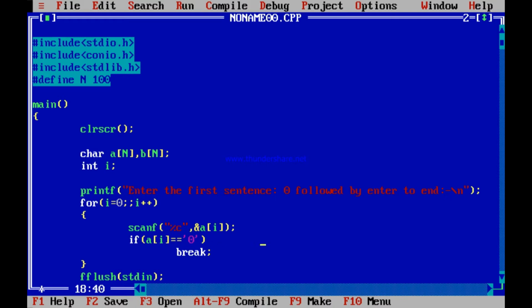I know that 0, enter, 0 also has an ASCII code. Like that, enter has an ASCII code of 10. So why not, instead of 0, I scan for 10? That is, if I get an enter, I break out. What I mean to say is,